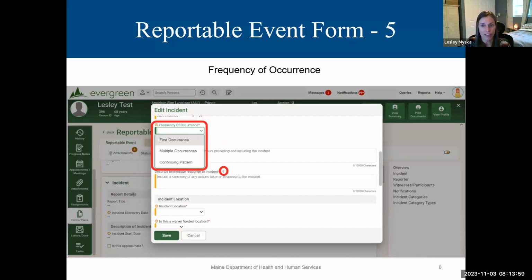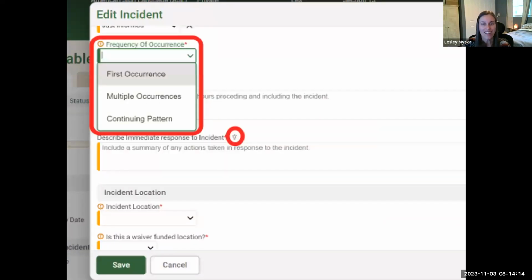Text and narrative fields include gray or ghost guiding text, as well as information icons. I've circled a little tiny icon that I'm sure you cannot see in this screenshot, but it looks like a little light bulb. Oh, thank you, Miranda. It looks like a little light bulb, and this is what's referred to as an information icon.